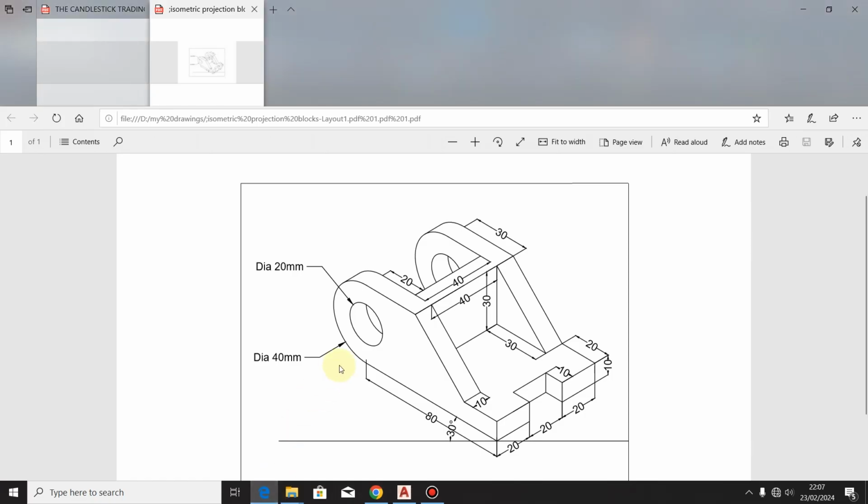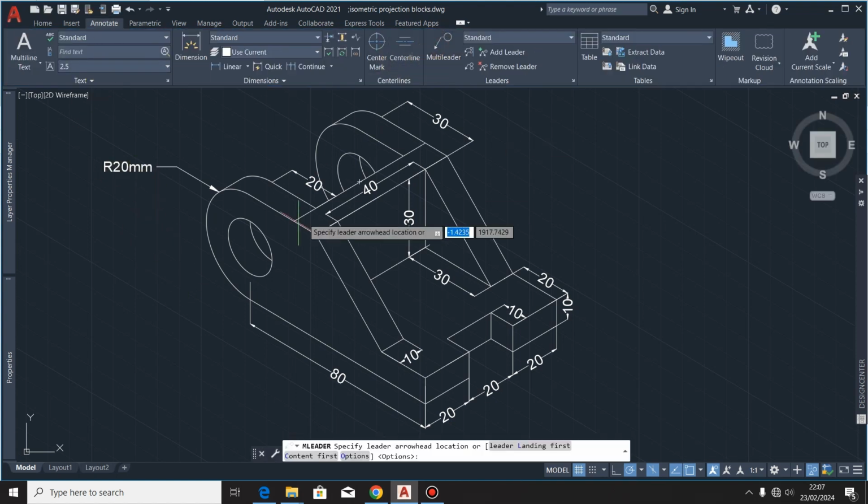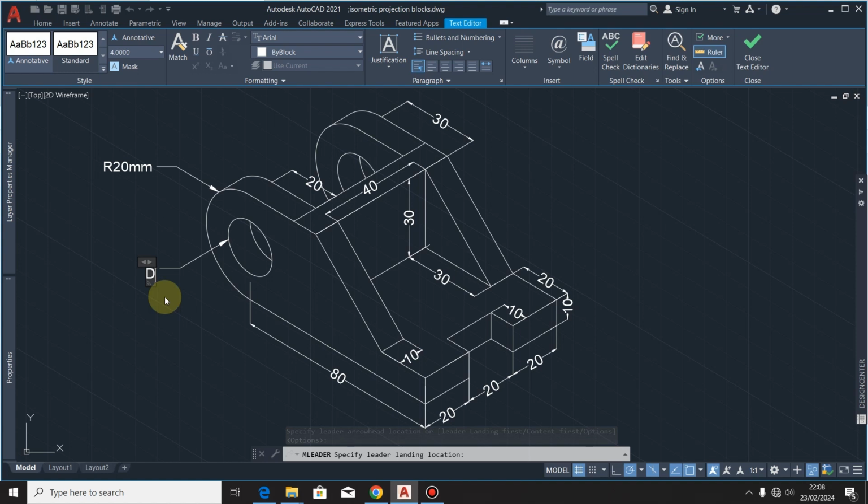Now, since we have allocated the diameters 40 millimeters, that means our radius is 20. Then for the circular isometric hole, its diameter is 20. That means its radius is 10. So from here we shall use R as radius, then we shall put 20 millimeters. Then right there, I'll use D